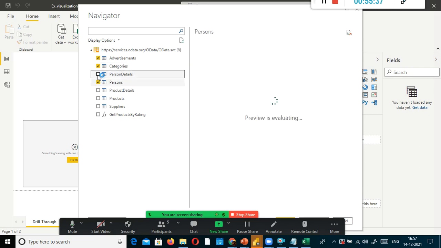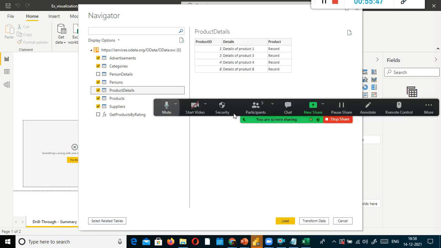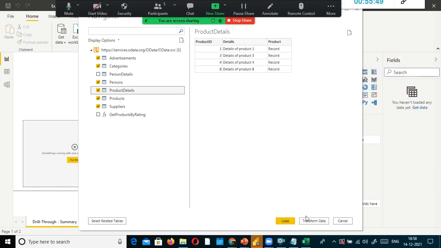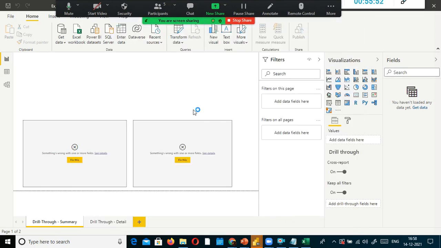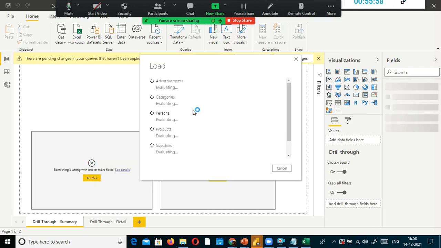Okay. For example, I'm going to select whichever tables I want, for the product details, suppliers, and products. All these things we can select, and what we do is click load. When you select load, the data will get loaded into your Power BI memory from the cloud.